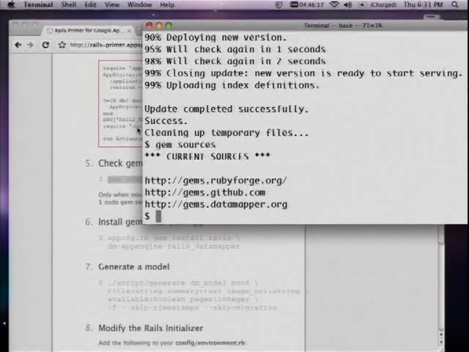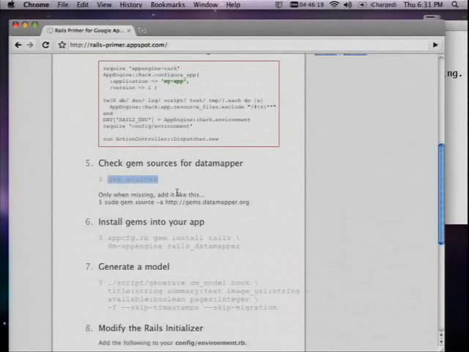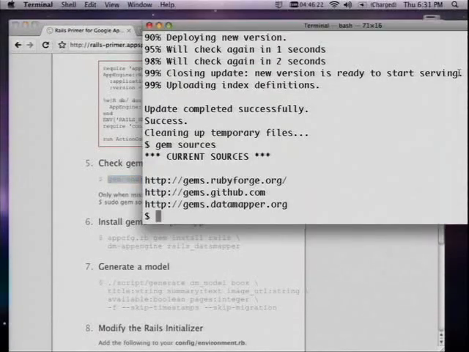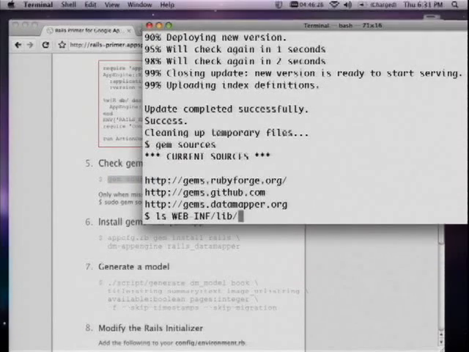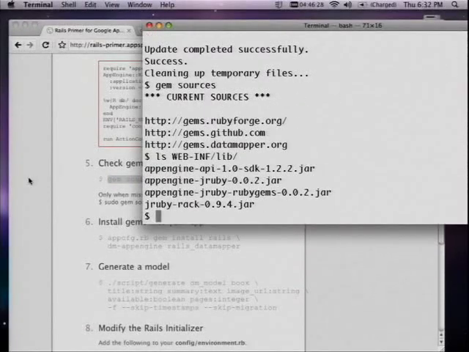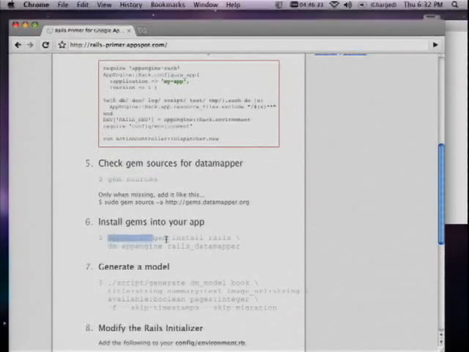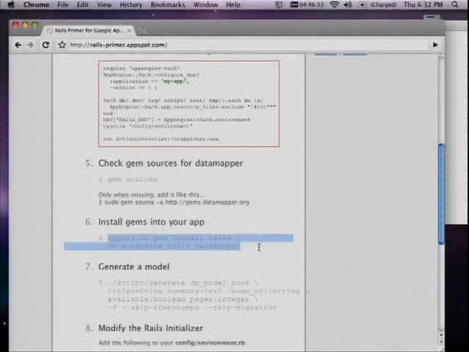And I see that I have it. Then I would type, and actually my app isn't really doing much here now. If I look in the web-inf lib, I don't have any gems or anything. If I basically tell it I want to install these applications,